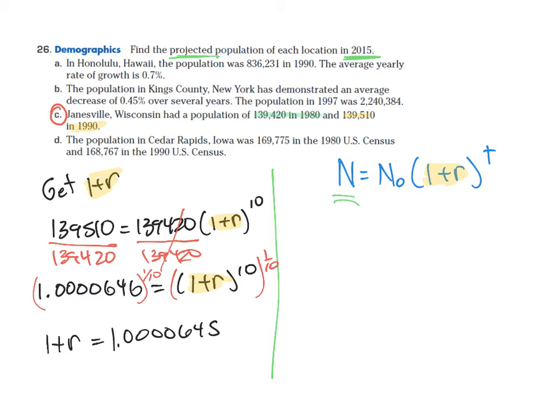And when you do that, you end up figuring out that 1 plus r equals 1.0000645. Not much of a change there, but it's significant enough that we're going to indicate it. So when we go over to the new formula, we're going to put this number right here into our 1 plus r over here. Okay, so let's go ahead and do that so we can finish this video off. I'm trying to find the projected population in 2015. I realize I'm recording this in 2021. The irony is not lost on me. It just means that this problem came from an old textbook. But based on these 1980 numbers, my new population should be projected to be